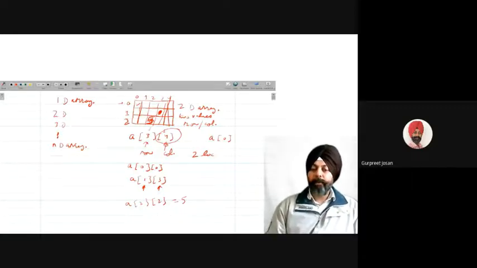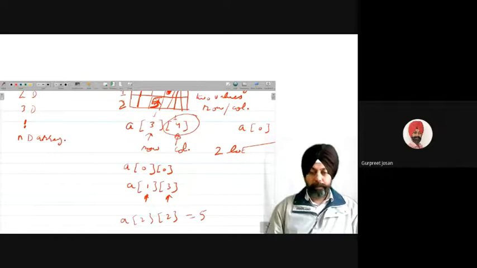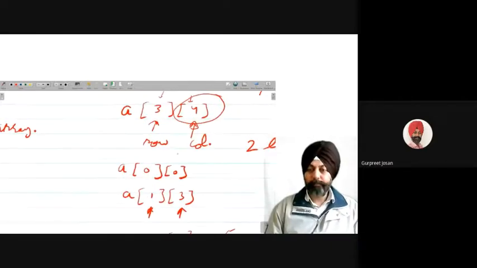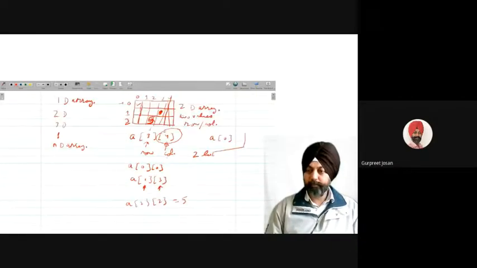Now, how is this stored in memory? Because my memory is linear. Linear means there are no rows and no columns in the memory.